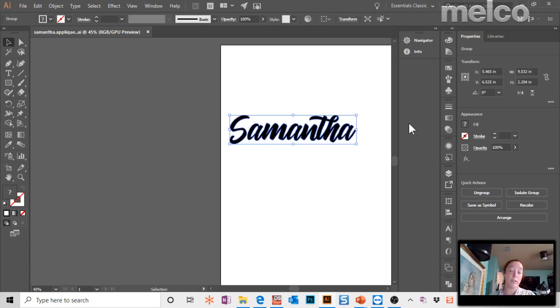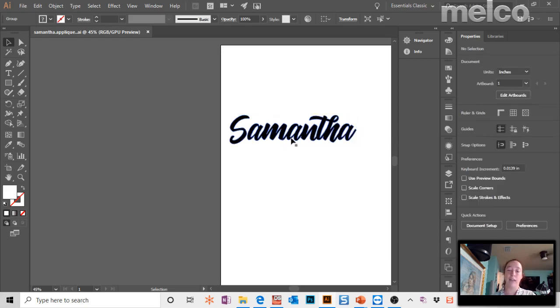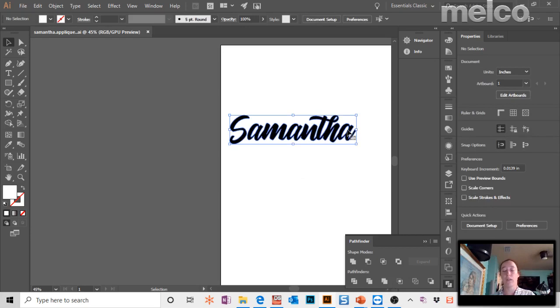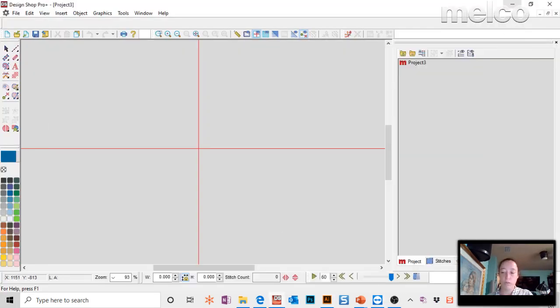I use a laser personally. I also have a Silhouette, so I can do it either way, but it's the same general principle. You would want to get an outline of what you want. I did this in Illustrator. It's just basic text that was converted to outlines and then welded. I know all the software does that, so I merged it together to create just a vector of whatever it is I want. Okay, so once you have that, you can of course go to your cutter of choice